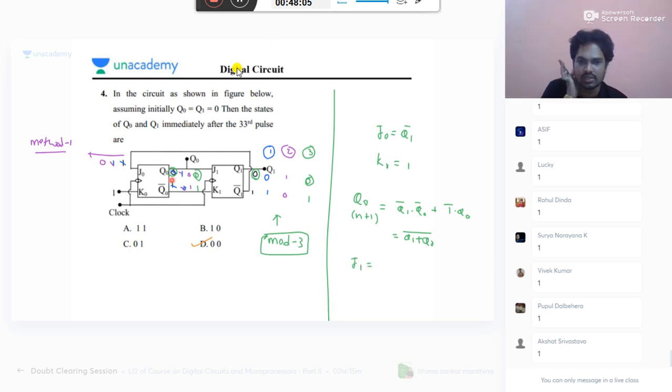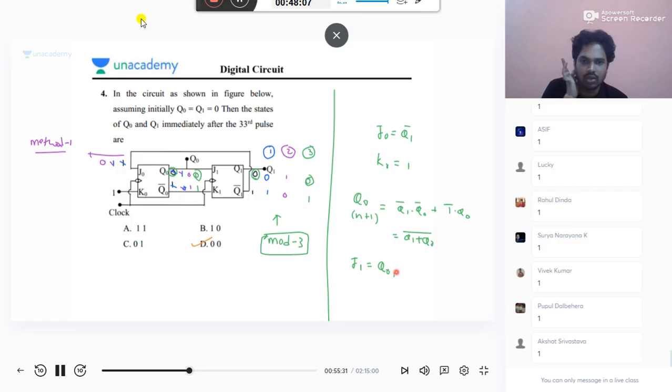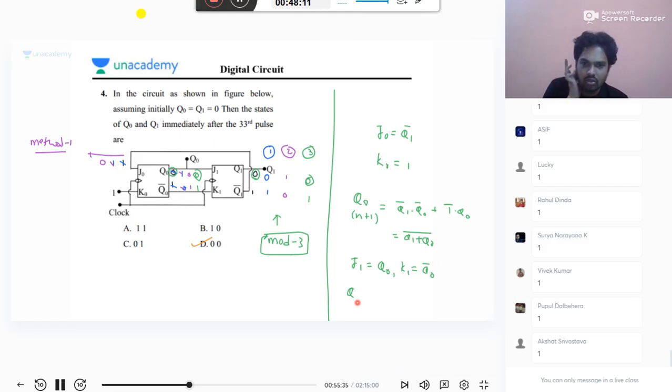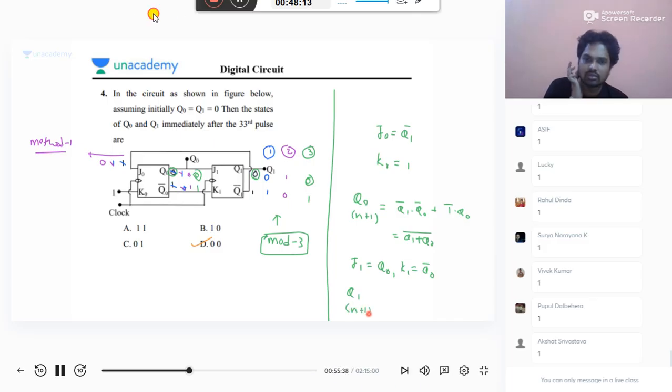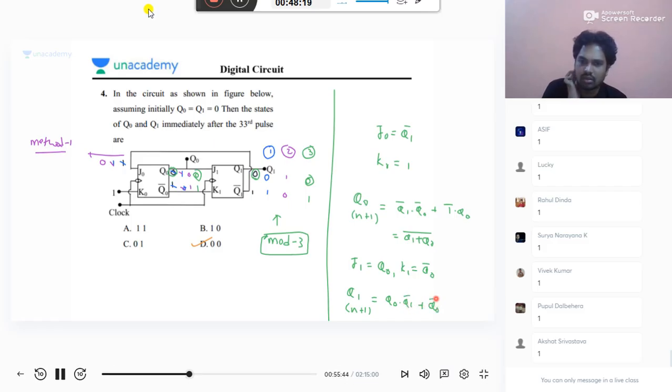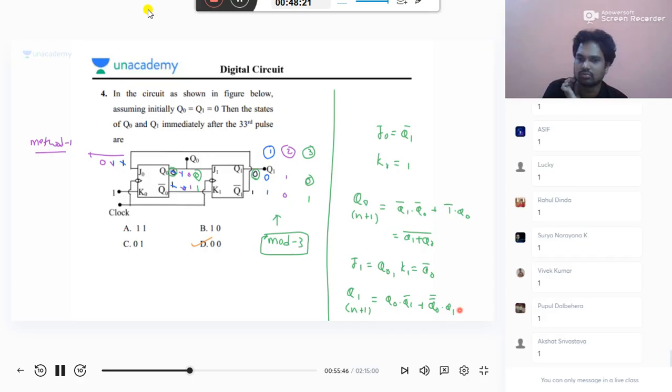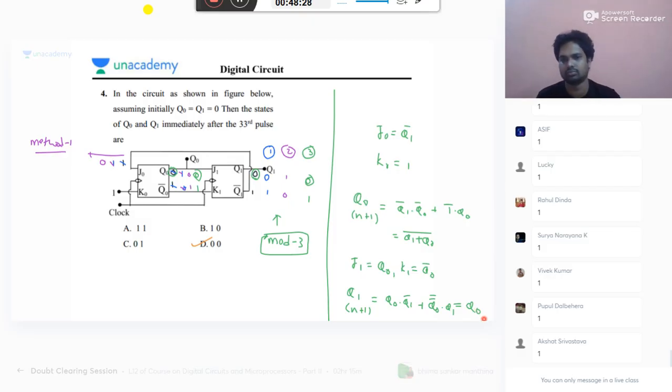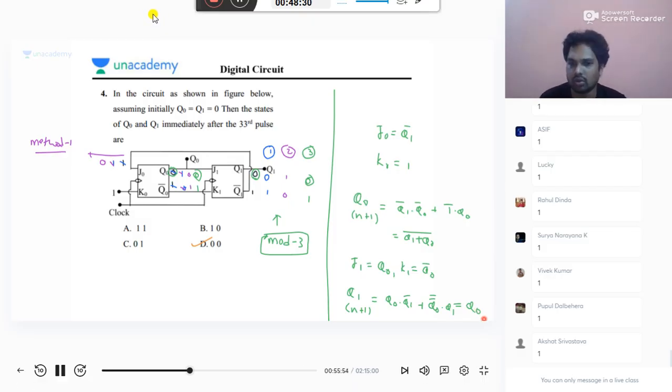J1 is Q naught, and K1 is Q naught bar. Then what is Q1 in the next state? J Qn bar plus K bar Qn, which will give you Q naught. Take Q naught common, Q1 bar plus Qn will give you